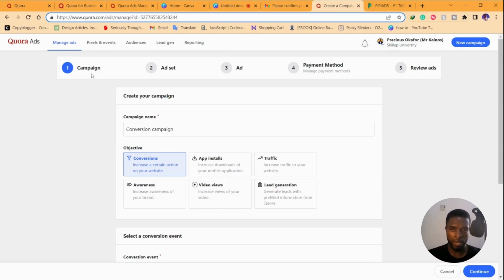You can see the levels. The campaign is the highest level. Then you go down one level, you have the ad set and then the ad. So we have multiple ads in one ad set. You have multiple ad sets under a campaign. If you want to run advertisement for different products or services, you can have different campaigns. So one campaign for a particular product, and then you can now have different ad sets targeting a different set